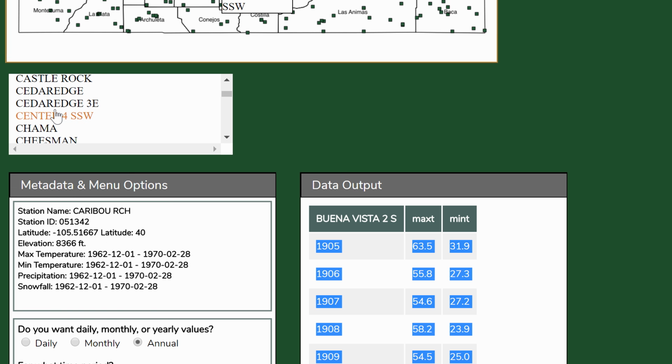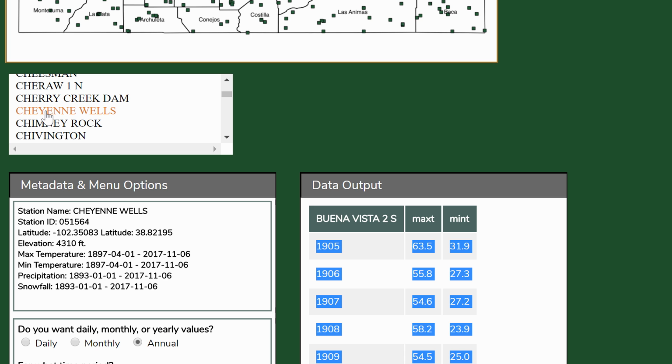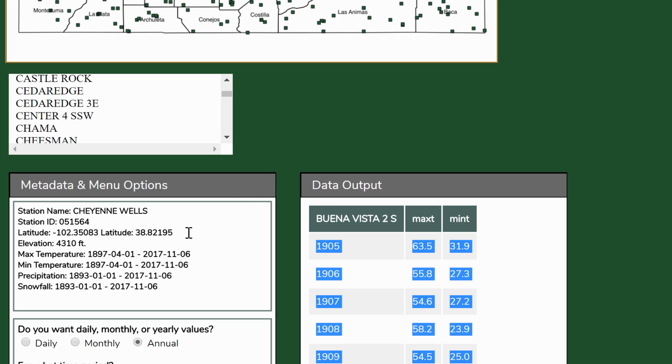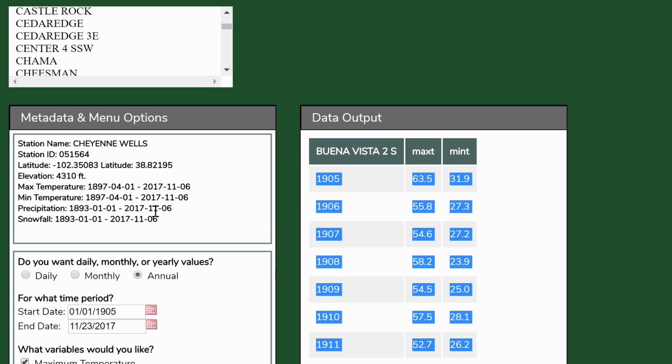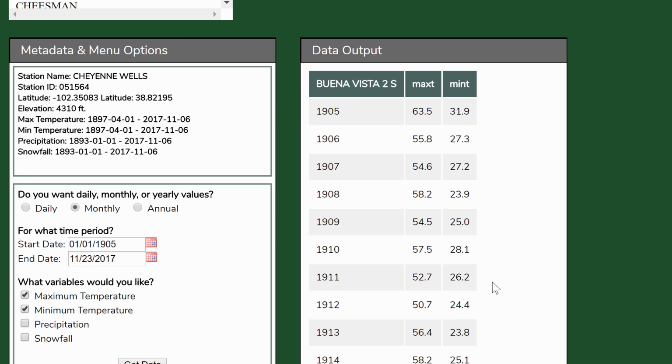There's actually quite a lot of them. There's a lot of different choices, and some of them even have data from even before. So here's one called Cheyenne Wells, which basically shows you data from 1897. You can also do this by month, and I actually encourage you to try this by month. So choose monthly, and you'll get a lot more data points. Some of them will be missing, unfortunately, so you may have to remove them, but try this yourself and see